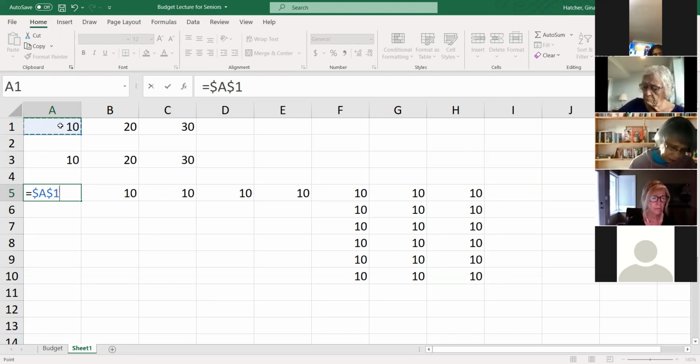Now, sometimes, because the function keys used to have a very specific function, and now we've added so many more functions, you might have to press more than just F4. You might have to press either your FN key or your Windows key or some kind of combination. I had to press my Windows key to do that. Yeah, on laptops, oftentimes you'll have to press the FN plus the F4 function key, which is above your numbers row. Now, if I press the F4 function key a second time,